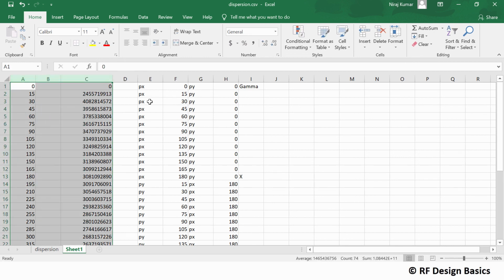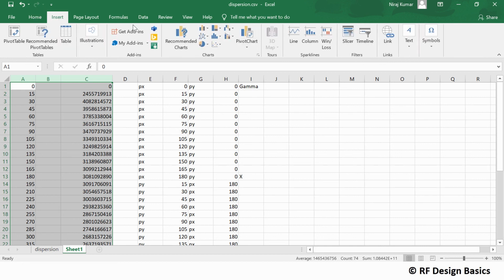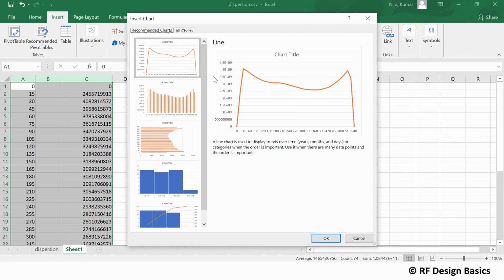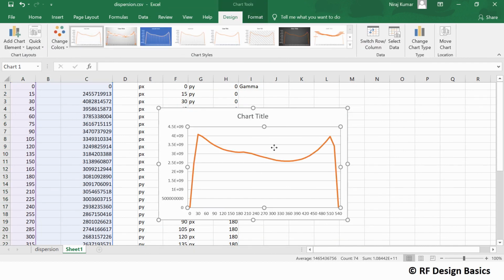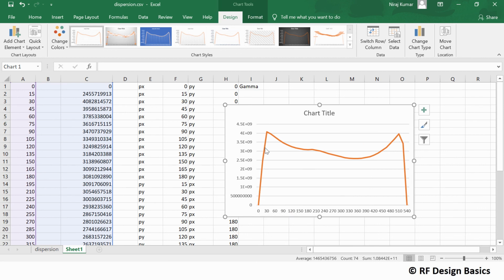And now I'm going to plot this. Select these two, and here itself I can plot. You can use plotting software for proper display. Here I am just showing the characteristic of the graph. So insert, recommended chart, and we can plot this. Okay, so we can see the variation. Starting from here at around 4 gigahertz, 4 into 10 to the power 9, it has started reducing, and it has gone down to 3 gigahertz and again started increasing, and then finally it goes down.